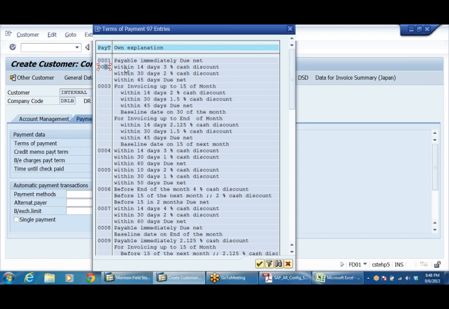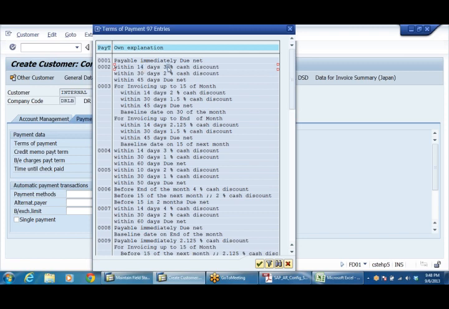This means we are going to make sales with a 45 days credit period, right? Though I am giving 45 days, what we are telling the system is that if the customer makes payment within 14 days, in order to attract cash discount, we tell him, okay, I am giving you 45 days credit, but if you pay me within 14 days, I am going to give you 3% cash discount.